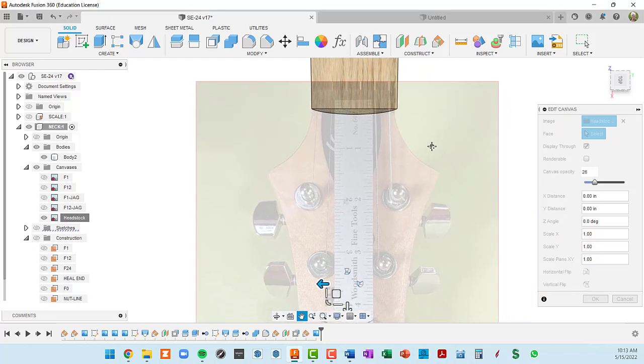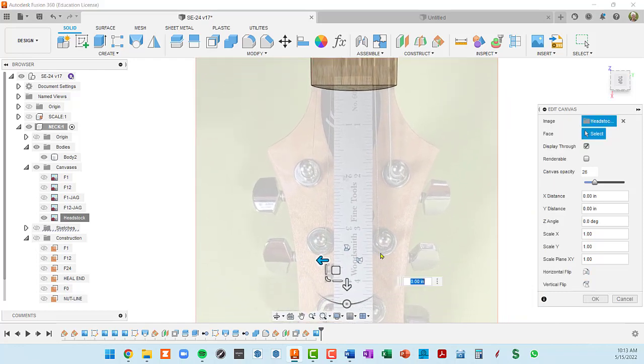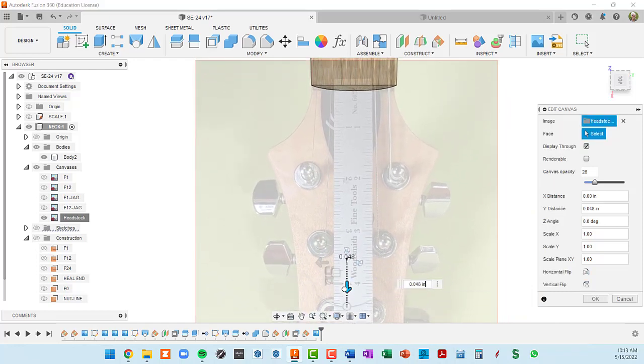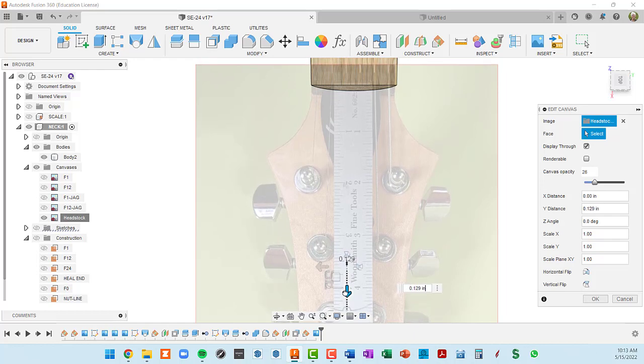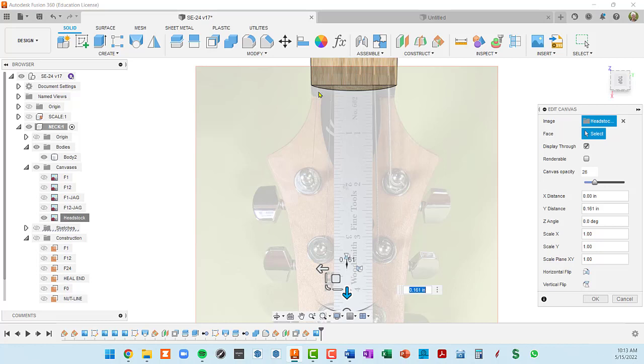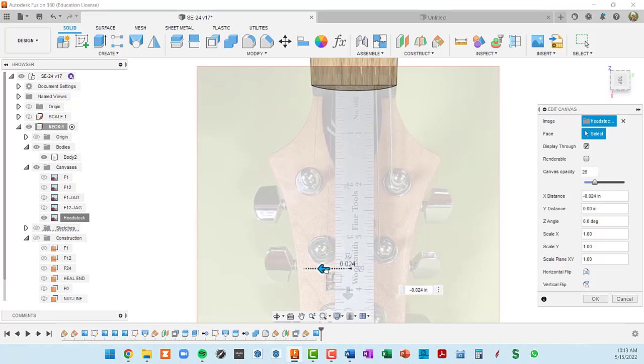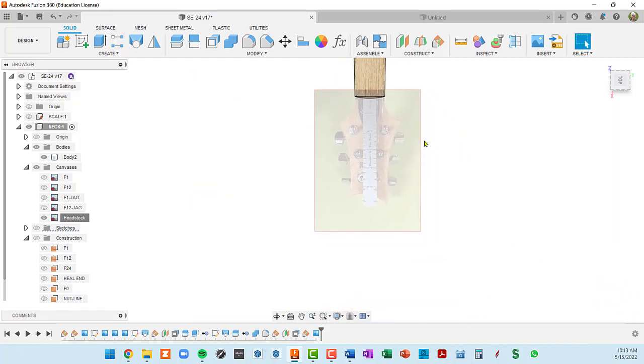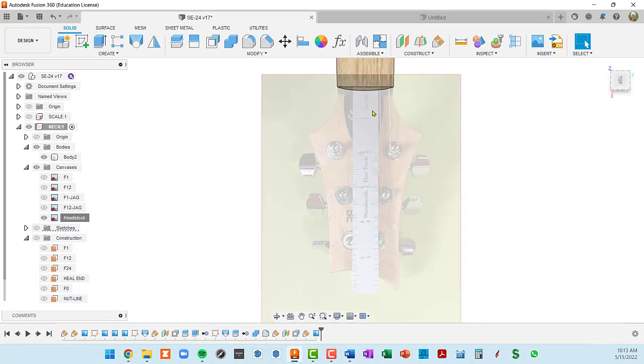So I'm going to have to zoom out a little bit to get my arrows here. And I'm going to move this down just so that that ruler touches right there. And now you can see that the headstock sort of corresponds with the width of the neck there. I'm just going to try to get it centered as best I can. Right about there. Okay. So now that we have that calibrated and positioned properly, we can draw a sketch on